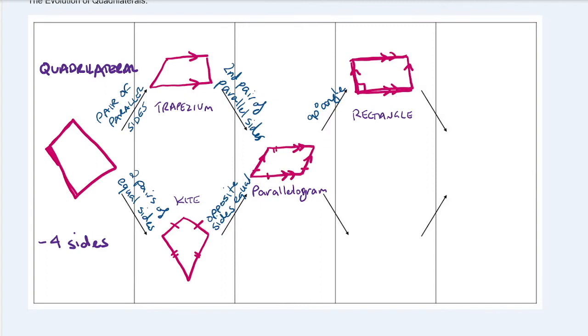Okay, so that gives us that property. So we're moving along the line. We've given parallel sides, we've given equal sides, 2 pairs of parallel sides, opposite sides being equal to get our shapes. And then moving on to the next stage, heading down again, we're going to make all of our sides